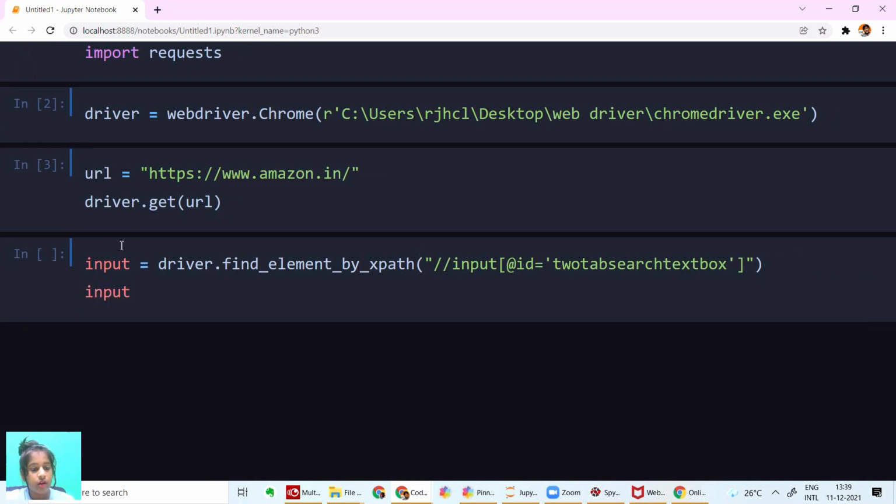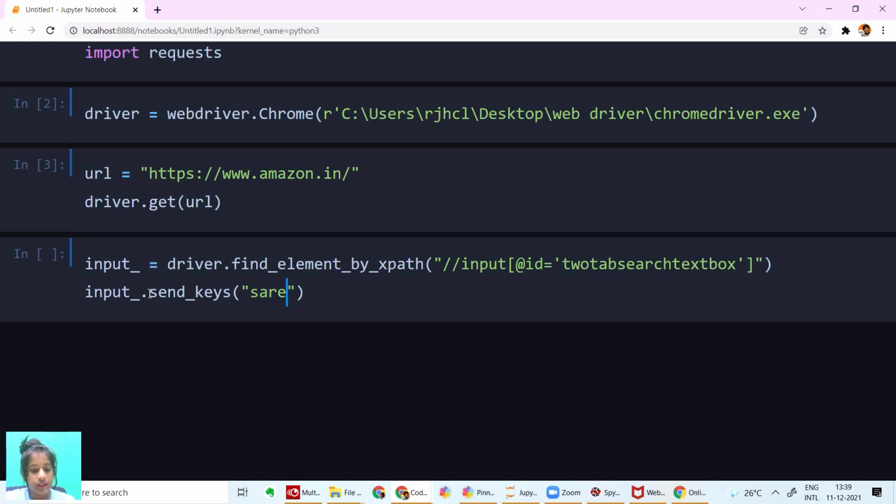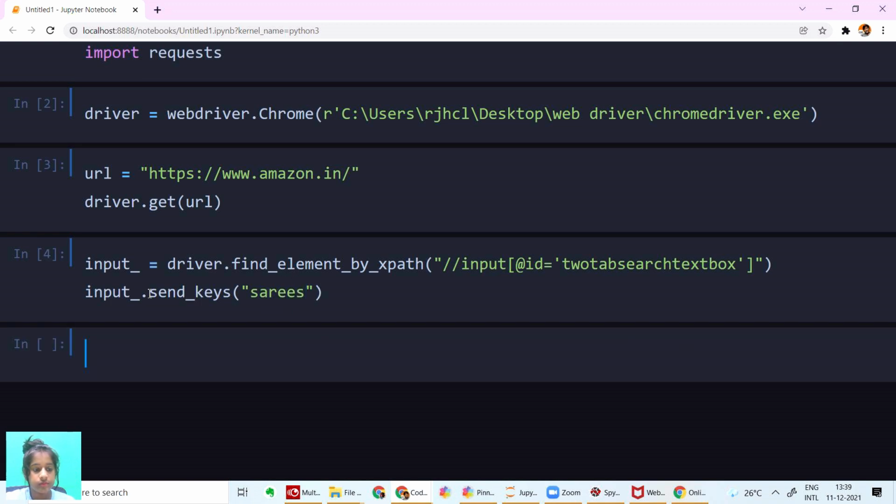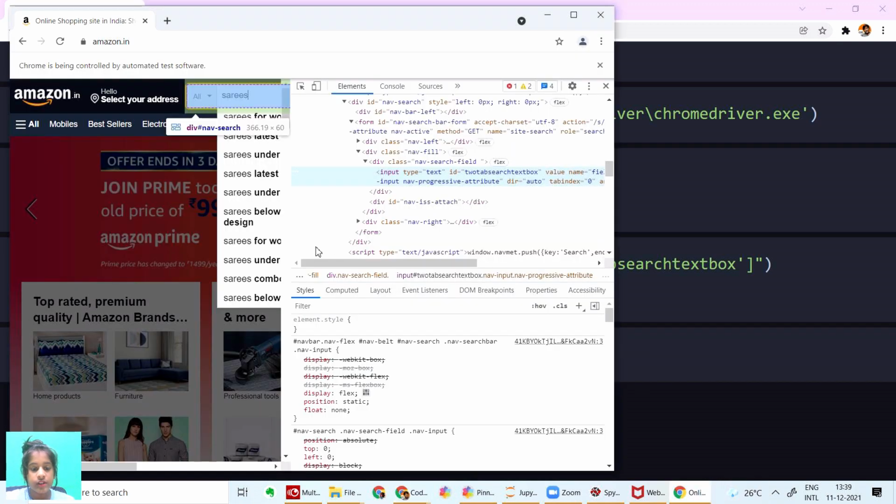Okay, input is already a built-in function, so I'm going to say input_.send_keys, sarees. Let's run this.